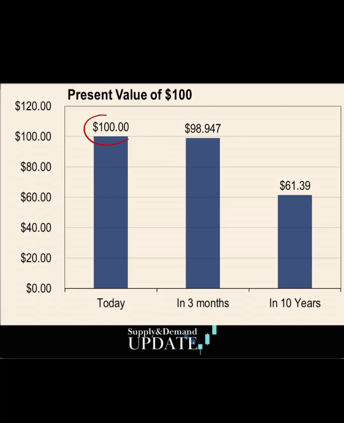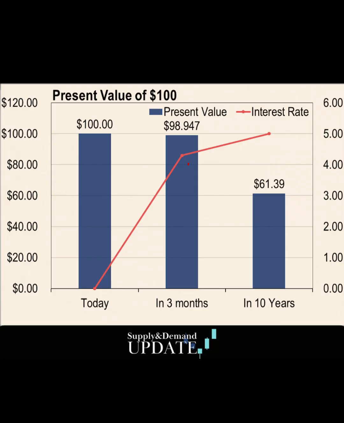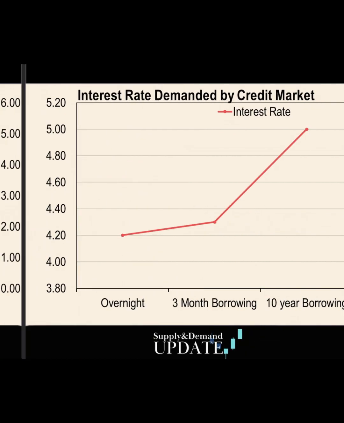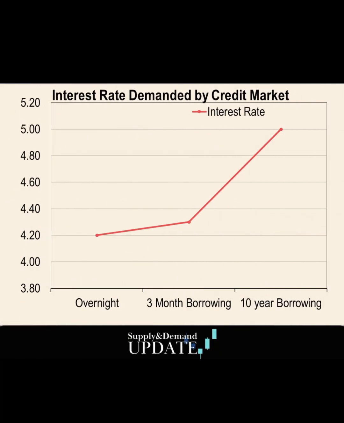Okay, now we take this a step further. If money now is more valuable than money in 3 months, then money in 3 months is most certainly going to be more valuable than money in 10 years. And so if you're willing to lend me money for 3 months at 4.3%, let's say, then you're probably going to charge a higher rate to lend the same money to me for 10 years, maybe 5% or so. So the typical relationship is for long-term money, like 10 years, to pay a higher interest rate than short-term money,